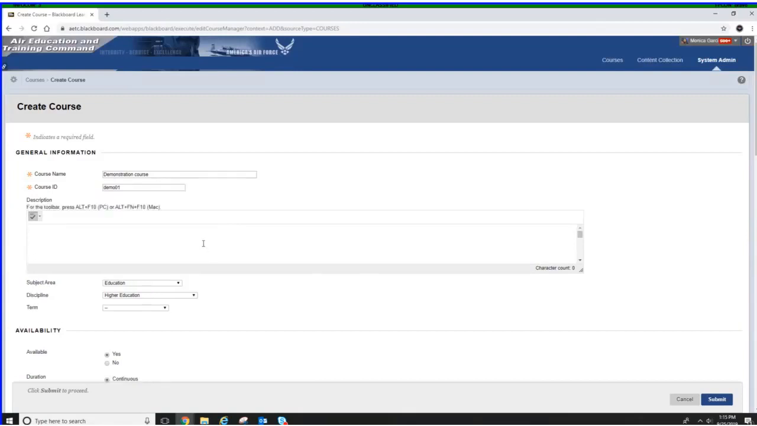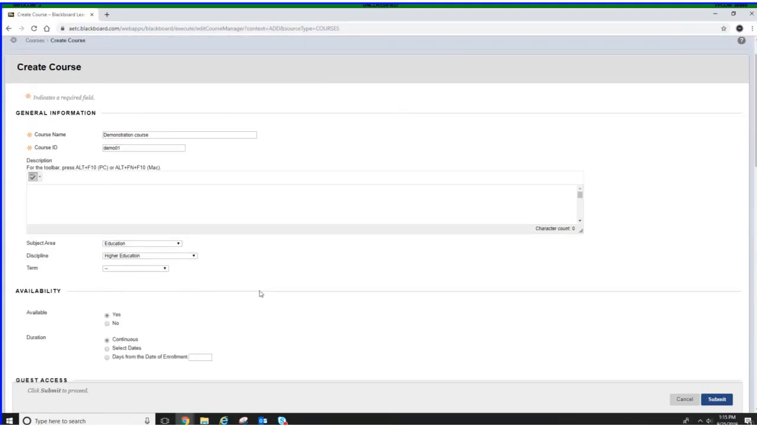Your description, you can put your course description here. This is anything that it'll put out keywords. So if someone is searching for something, if you have certain keywords in there, they should be able to find your course if it is within a node that they have access to. For subject area,